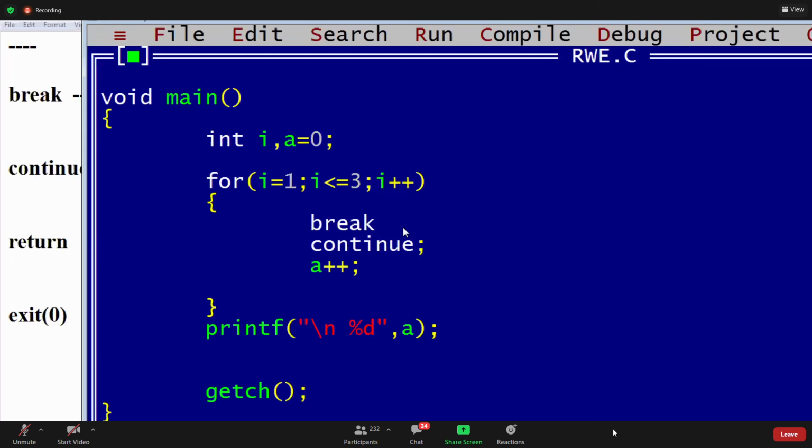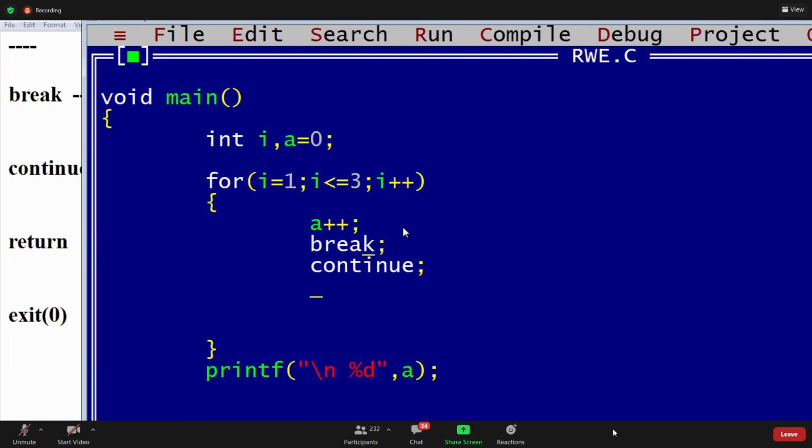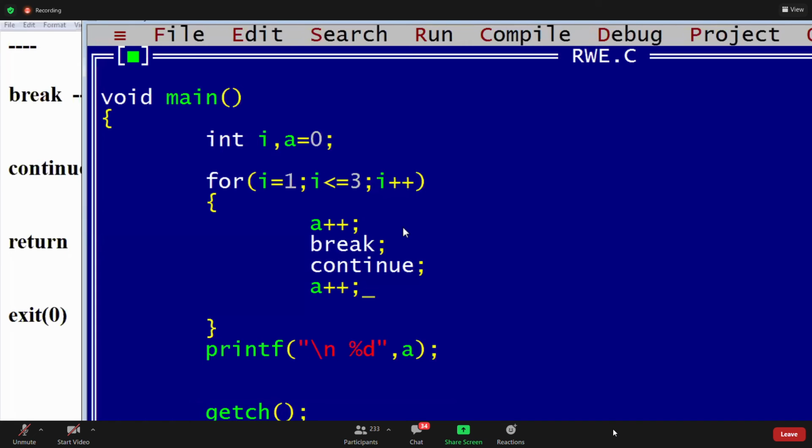Break here. a++ and one more time a++. Now %d, a comma i values. The a and i values we are printing both.